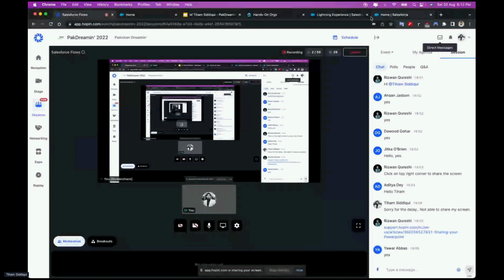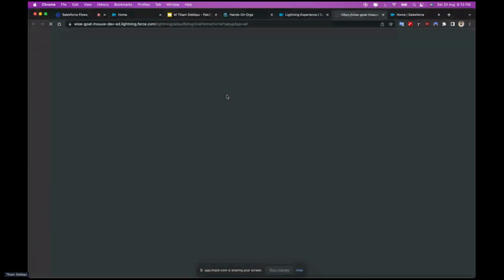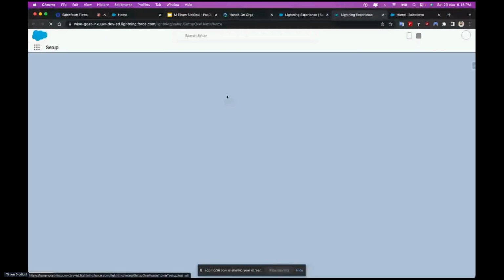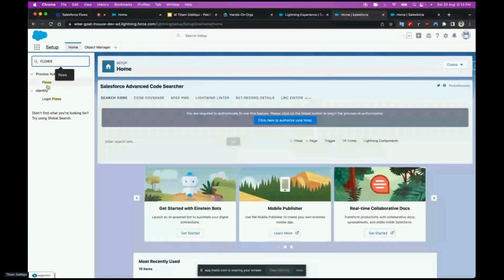Okay, we're going to have a quick hands-on experience and see how we can create some flows, with some basic understanding of flows. So I have this playground org. Clicking on setup, and searching for flows here,